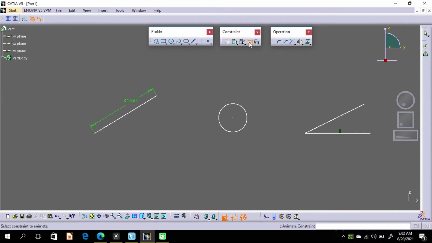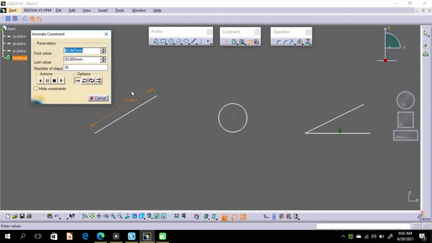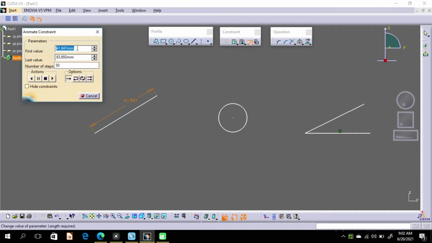If you activate this animate constraint tool and select the dimension, now this tool will change the dimension of this line from this value to this value and just run the animation. It will show you this line changes from its initial value to this value, or you can give any value like 100, and I want to animate it from 40. So play again,